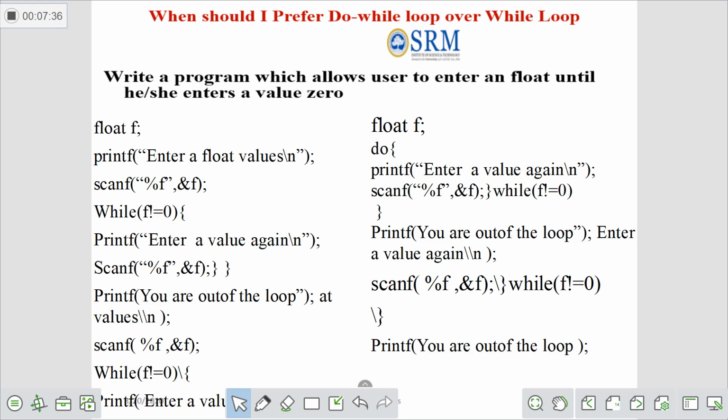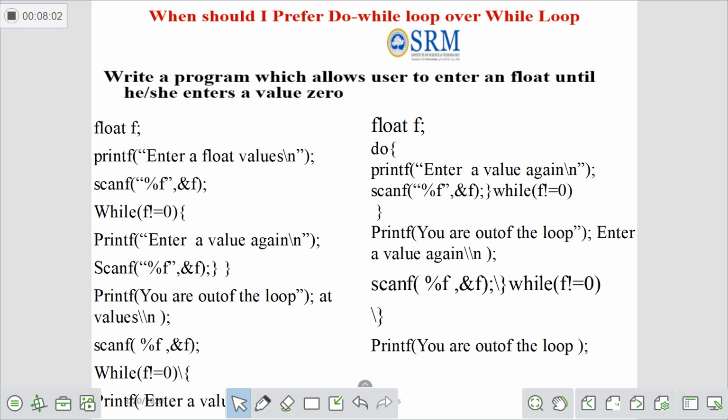Whereas in the do while loop, float f is declared. The first time, the f value is read using this scanf statement. Then the condition is checked: while f is not equal to 0. So here the two printf and scanf statements are replaced with a single statement. At least one time it gets the f input.